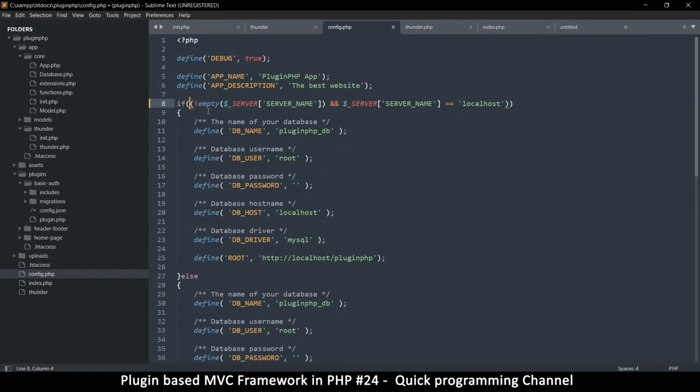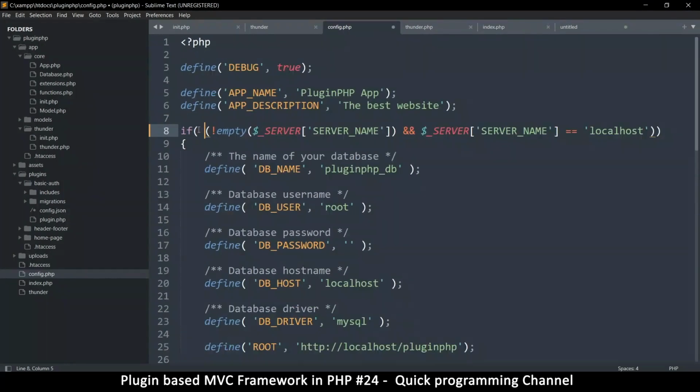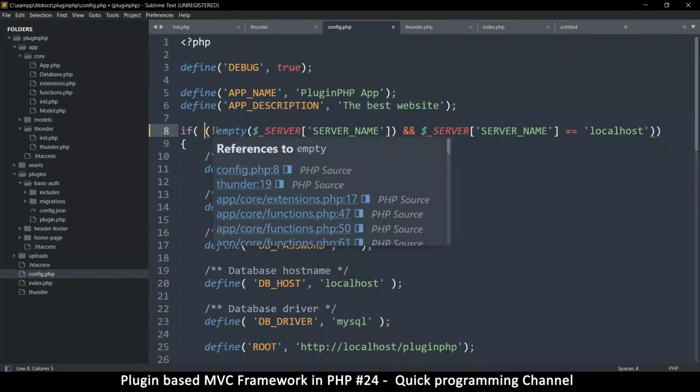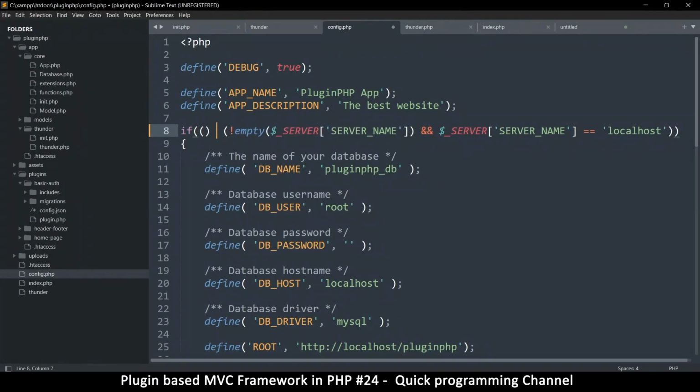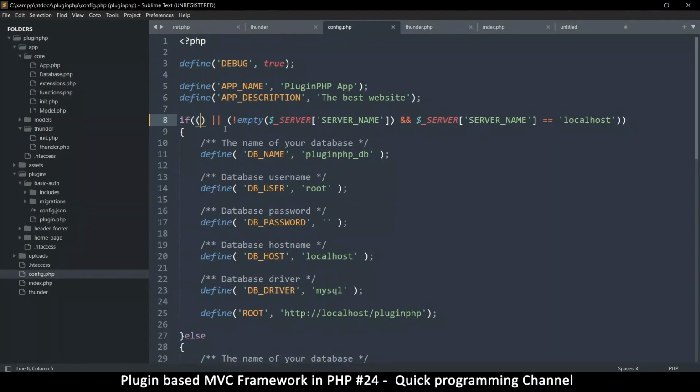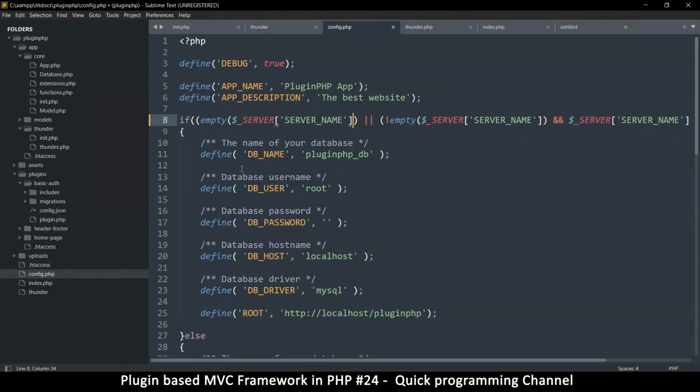So what we will do is this. We'll say if this is empty, so come back here and say, let's put this inside brackets as well and say OR. Okay. So if one of these is true, it will still run here. So if I say if empty server name, which in this case we are in the command line, and at the same time,